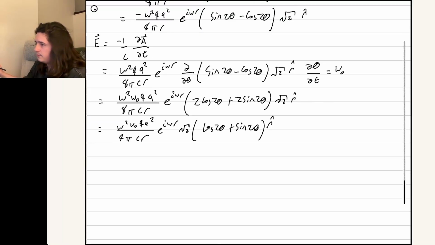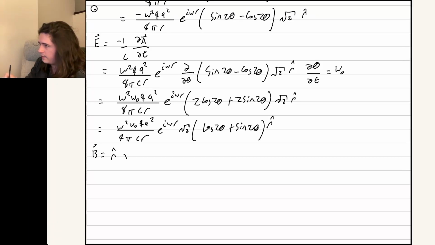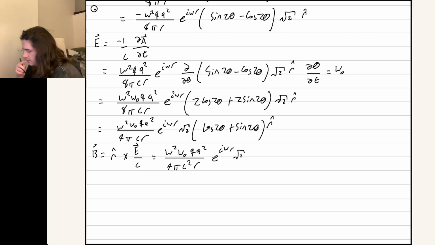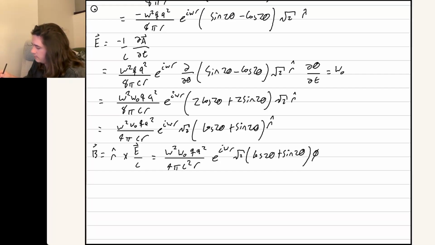Now you can calculate the B field at this point, just noting that it's r hat cross E over c, so you will get omega squared omega naught q a squared with a 4 pi c squared r on the bottom with an e to the i omega r. You'll have a root 2, and you'll have cosine 2 theta plus sine 2 theta pointing in the phi hat direction. Okay,